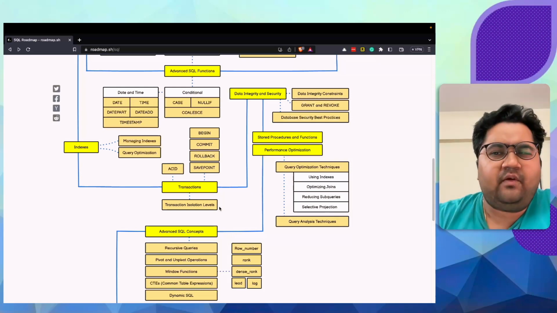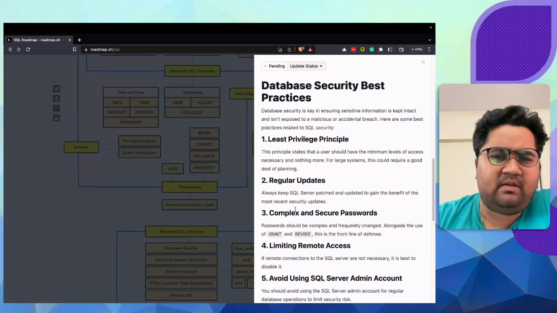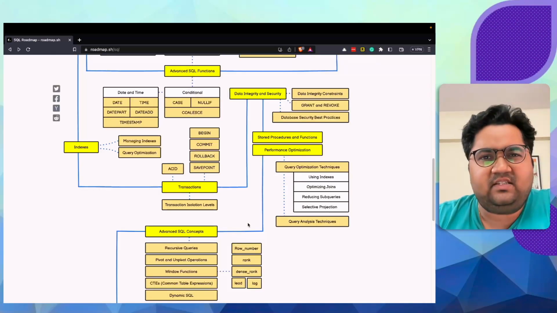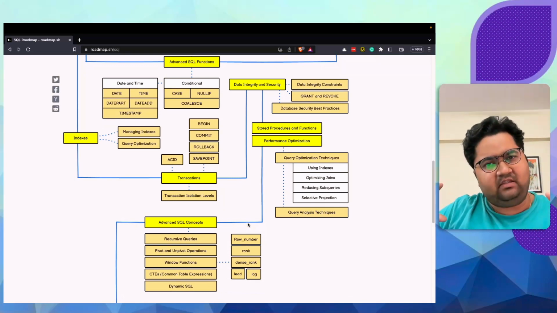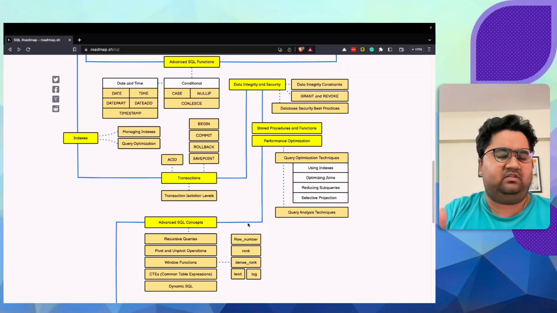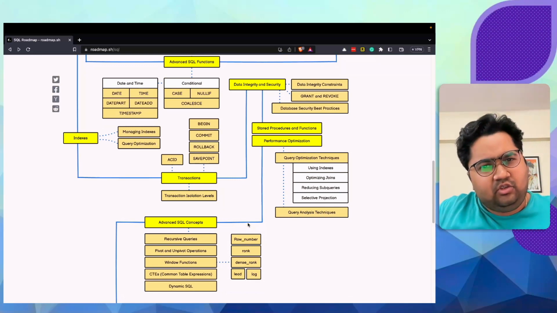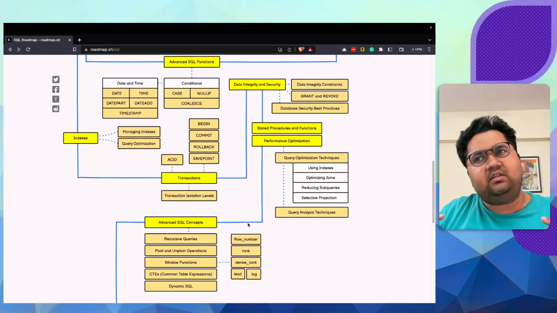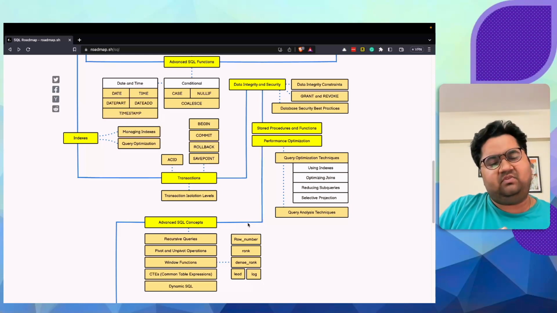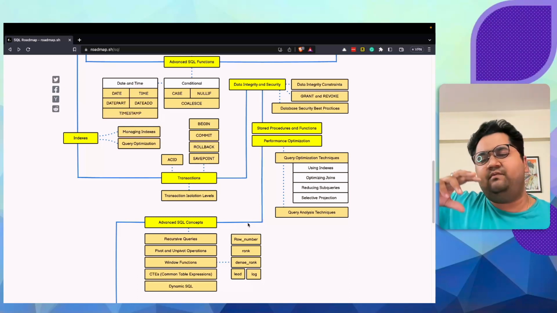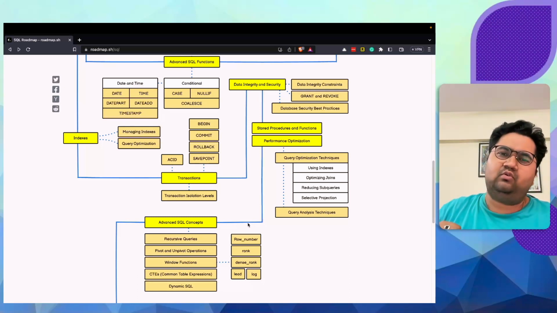And then you have some general concepts of database security best practices, which I think you can scan through. So the whole idea is you have started with, and this could be a multi-year conversation as well. I don't want to say that, but I think you can get from zero to a moderately good level of SQL within a month, but going from that moderate to a very high advanced level could be a year's worth of